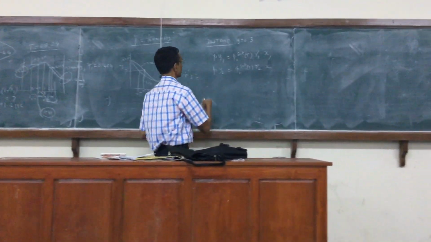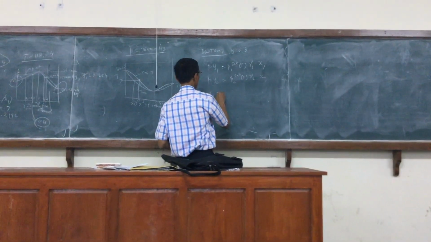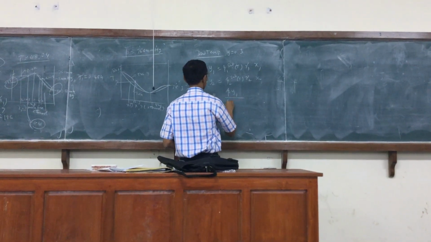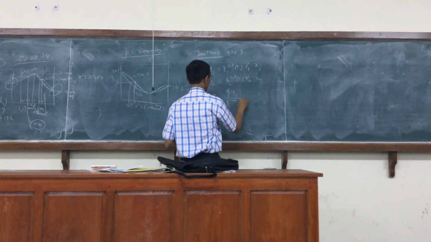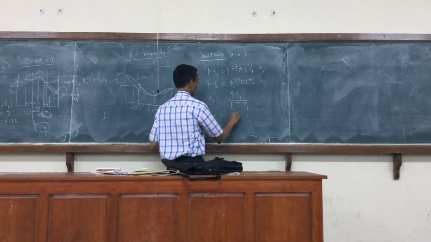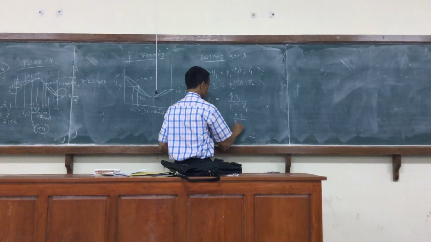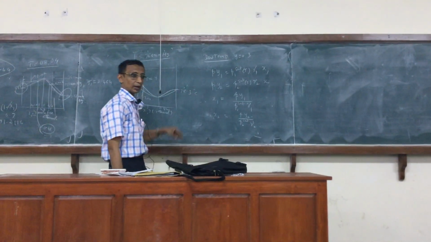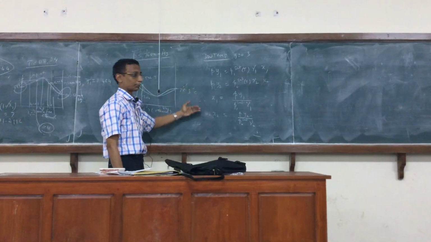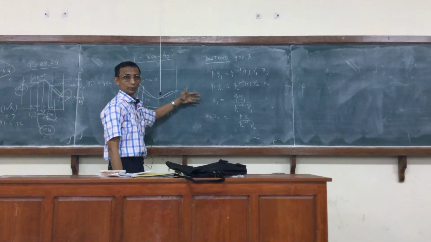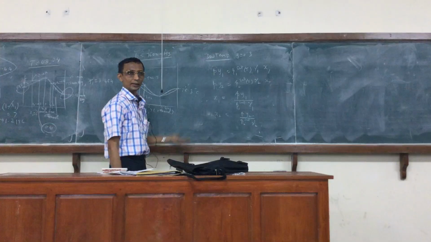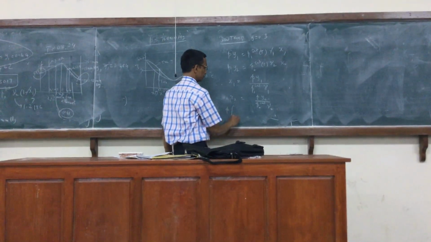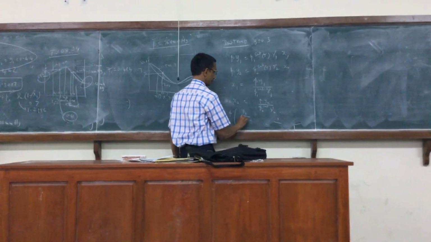So if I want to do that, I will write first x1 is equal to P y1 by P1 sat gamma1, and x2 is equal to P y2 by P2 sat gamma2. Now I will add these and impose, because I don't know x1 or x2. So I am going to apply the mole fraction and eliminate x1 and x2. So 1 is equal to P times y1 by P1 sat